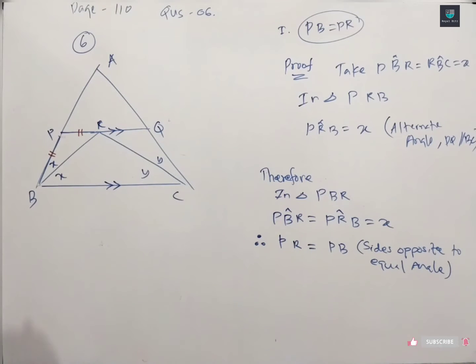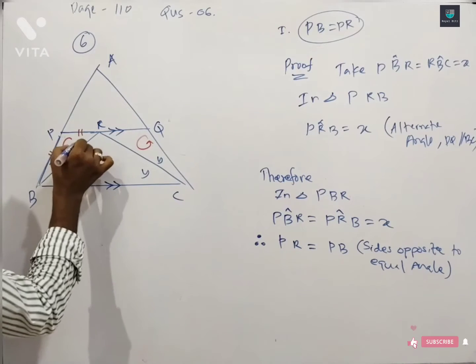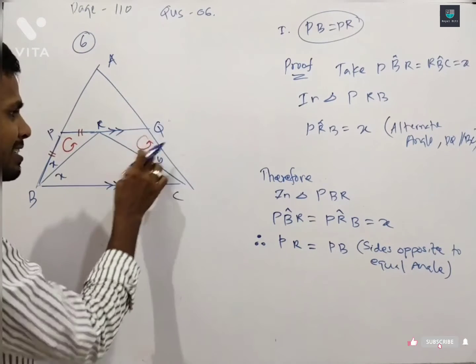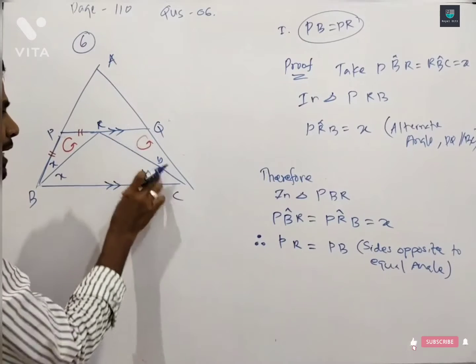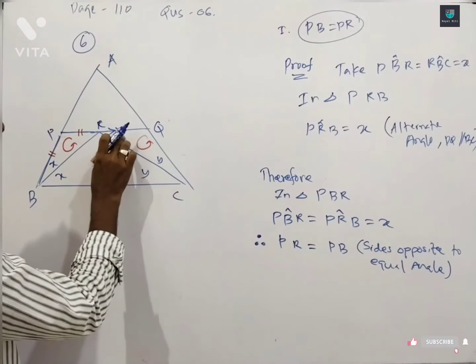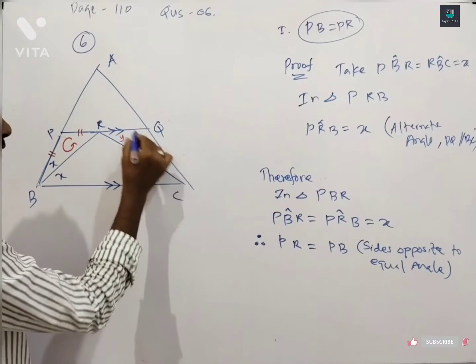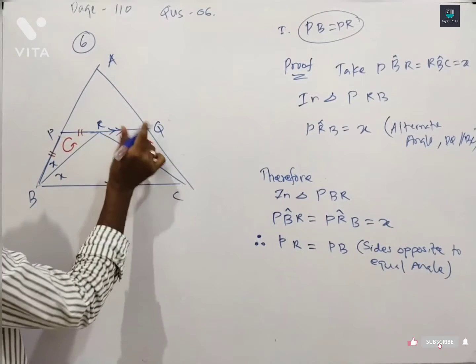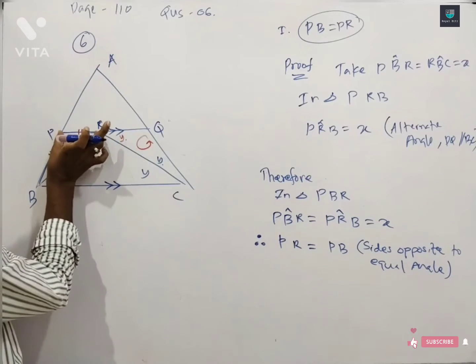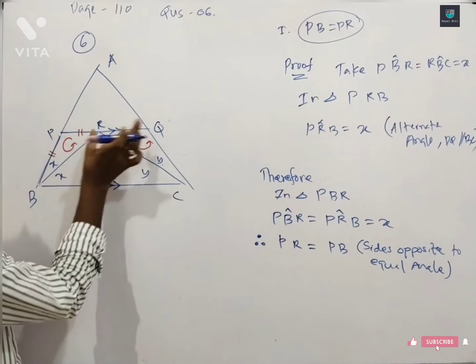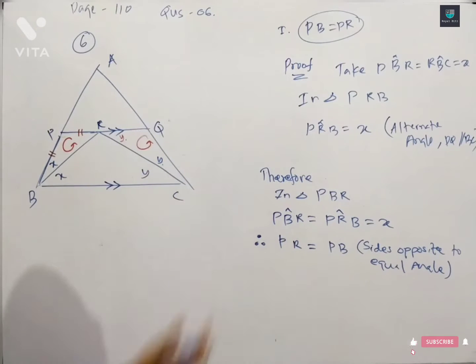Same technique in this triangle. Already we have tried this triangle and proved this is equal. Now you can try this in this other triangle. This is parallel, so these are alternate angles, and this is also y. Then this y, this y, so opposite sides are equal. Therefore this is equal to this. So PQ is equal to PR plus RQ. You can write down PQ is equal to PB, RQ is equal to QC. Therefore we can prove that. Understood? Got the idea?